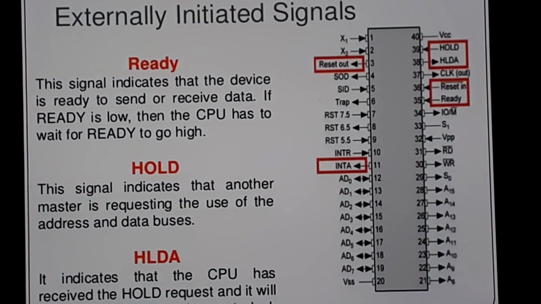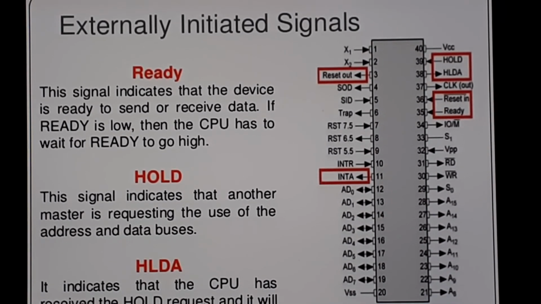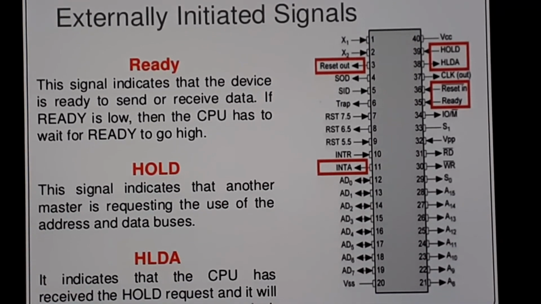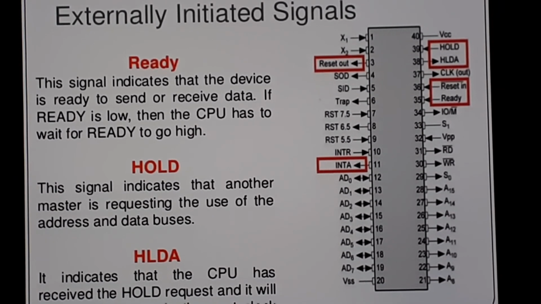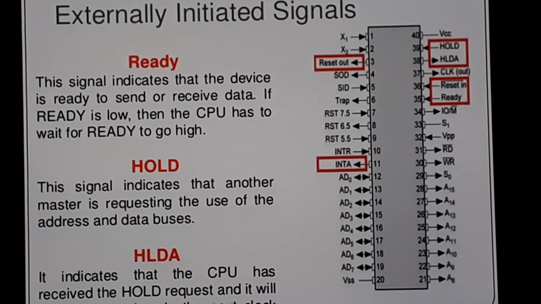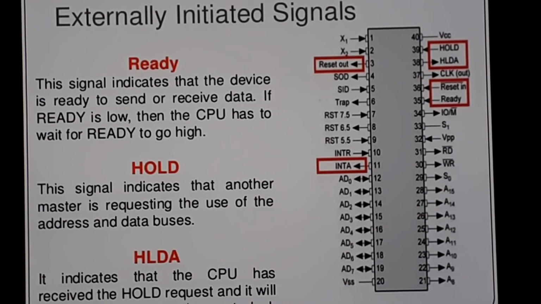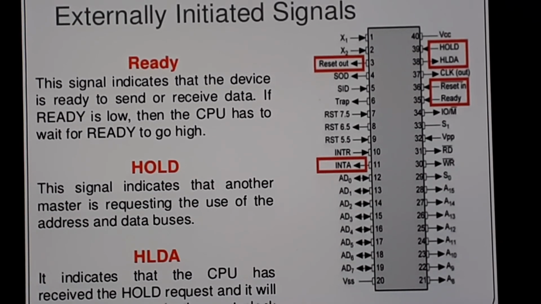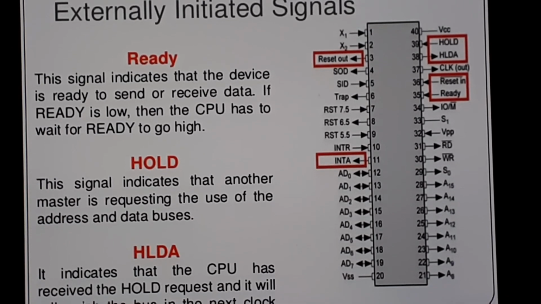Okay. Now the next pins, these are all pins. So this particular lecture depends upon the pin diagram and the explanation of the pin diagram. One by one I'll show you all the pins. Now the next pins are the externally initiated signals, whose name you do not need to remember. You only need to study the pins, that is the ready pin, after the address data pins and the status signal pins. If you see the ready pin, it is on the right hand side, that is pin number 35.